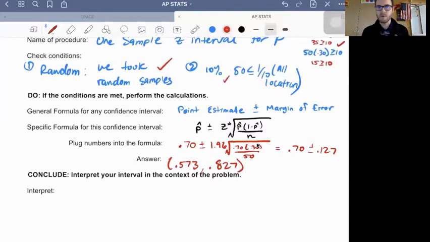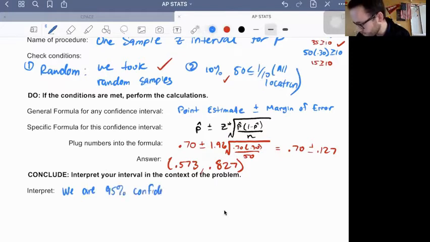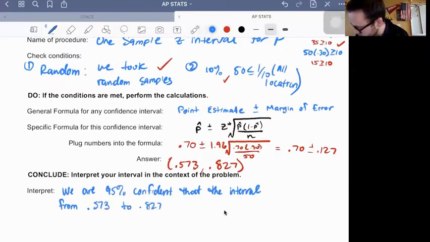So to interpret this, we're going to say we are 95% confident, because that's the confidence level, that the interval from 0.573 to 0.827 will capture